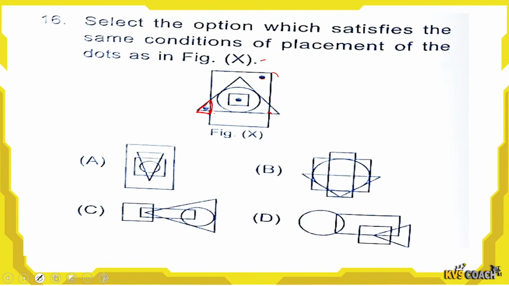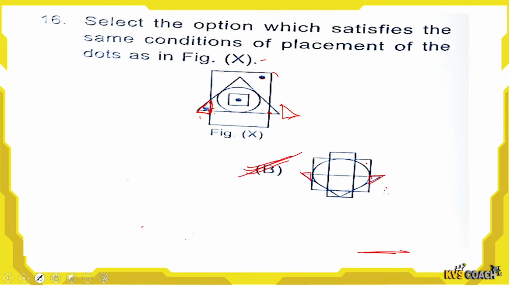Here I have a square but I don't have this type of triangle. There is not a single triangle which has a 90-degree angle. In B, yes, I have a 90-degree angle triangle, so there can be a dot here, with the square where I can put the dot. So this will be the right answer. In the others I did not find the 90-degree angle rectangle. So B has the same type of rectangle and the same type of square. So option B is the right answer here.